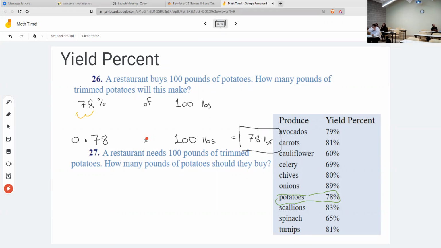We started with how much we shopped for, and we ended up with how much goes in the pot. Does that make sense? Whoever defined yield percent kind of did it backwards, because you're never going to just randomly shop for 100 pounds of potatoes. You're going to start with how much you need in the pot for the recipe and then go shopping. Does that make sense? So kind of the normal way to do this is backwards from what we just did. So if we need 100 pounds,